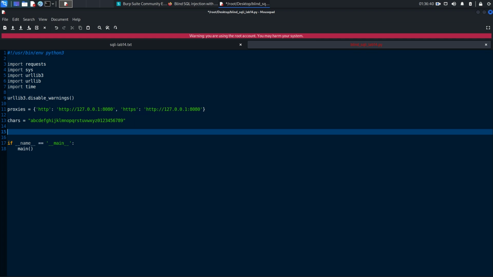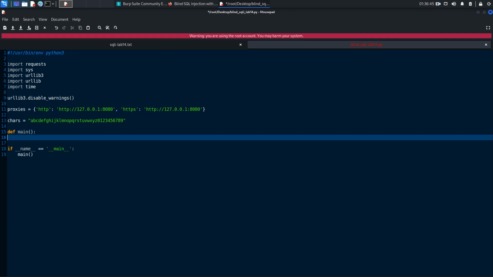Then we need to write the main function. So def main, and within that we need to check the length. So if the length of the argument, which is sys.argv, does not equal 2,